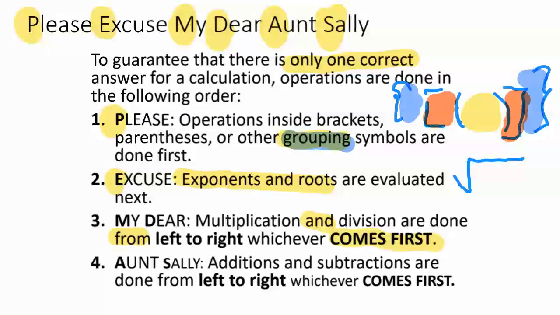division or multiplication. And then the last one is Aunt Sally. This again talks about additions and subtractions, but again, they are done from left to right, whichever comes first. And those phrases, comes first, are what may get you in trouble. Now, some problems you can do the wrong way and get the right answer. It does happen with some of these, but